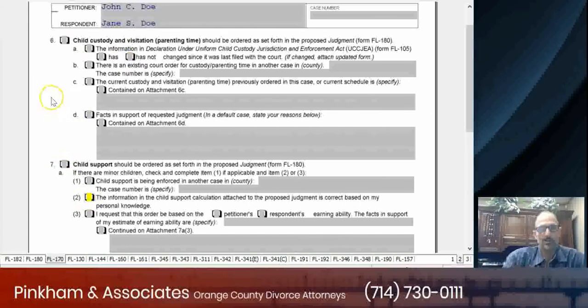I'm going to unmark all these boxes here. So if you have children, you're going to need to mark the child custody and visitation box, and you're going to need to attach a form that sets forth your visitation plan. Also,